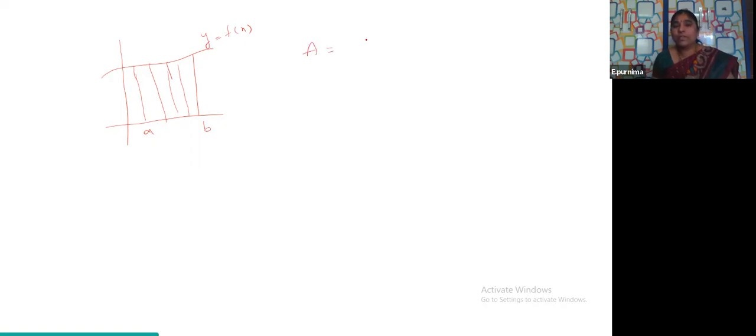So this whole area, how do we get, children? Adding up all the values. When you are adding up all the values, we take it as what? It is nothing but sigma, that is summation. The symbol you remember, no? Sigma or summation, i is equal to 1 to n, from n number of rectangles you have, which is taken as f of xi into dxi. Means f of x1 into dx1, this is the first area, plus f of x2 into dx2, second area, and so on.